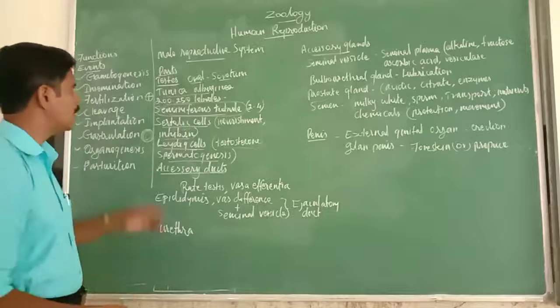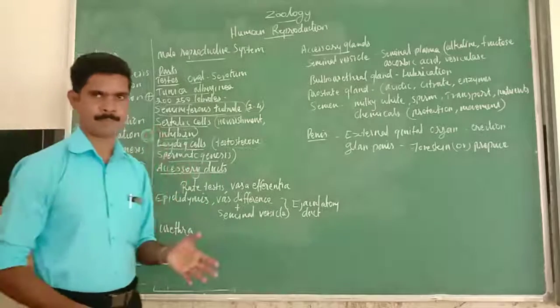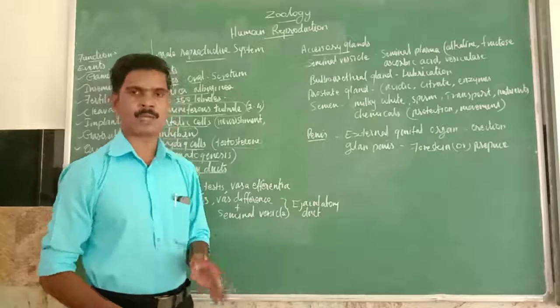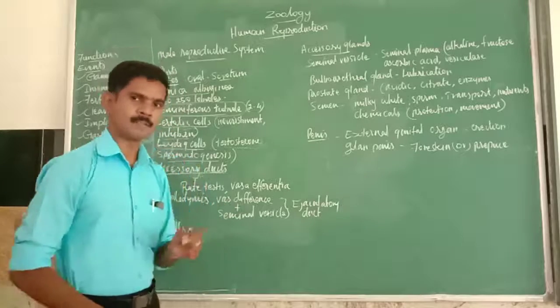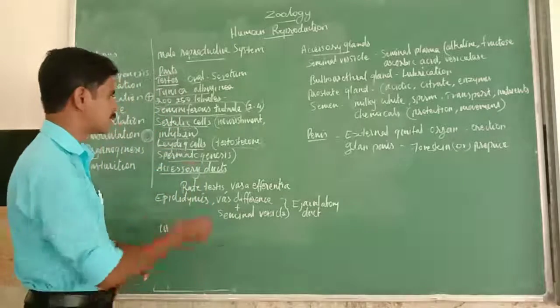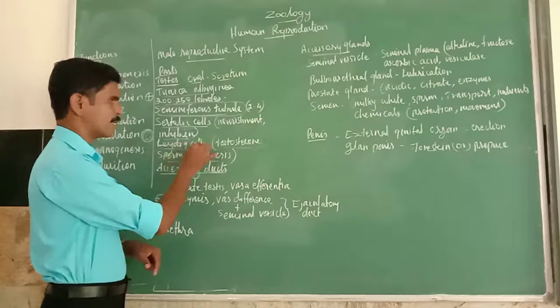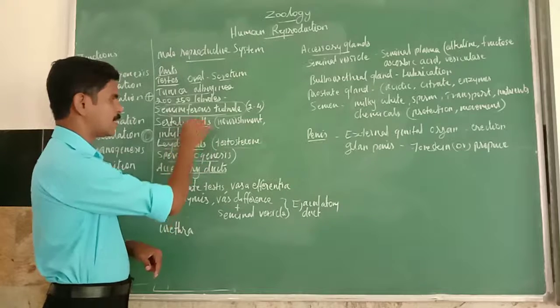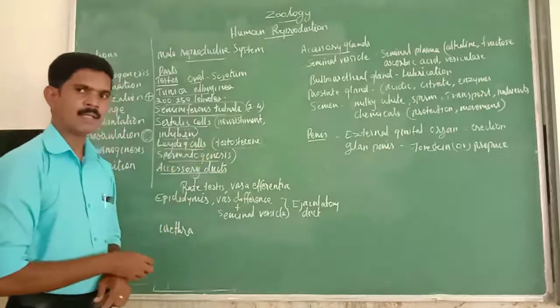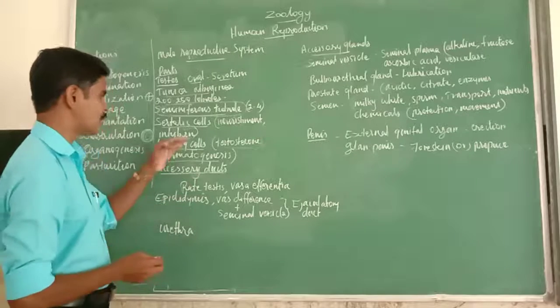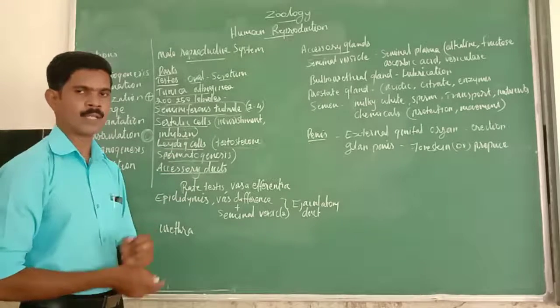Spermatogenesis, as I already told you, is the process of production of sperm. The process of production of the male gamete is called spermatogenesis. So this spermatogenesis is also controlled by the Leydig cells. So Sertoli cells and Leydig cells, these 2 are the cells present in the testis. Hope you understood all these points. So that's all about the